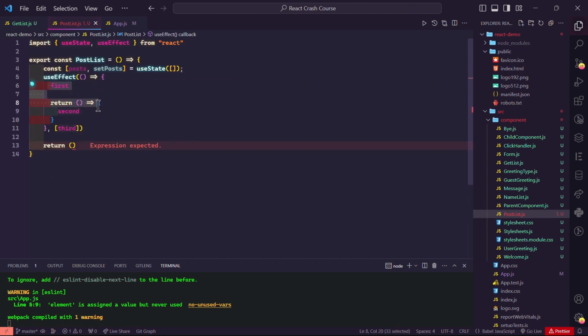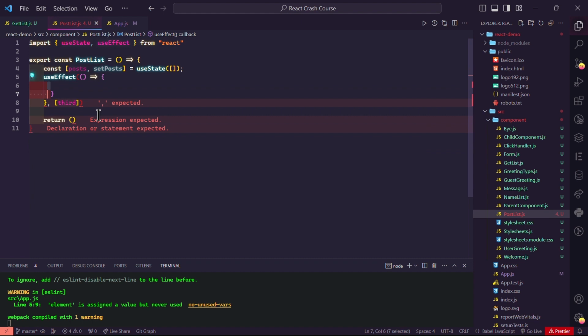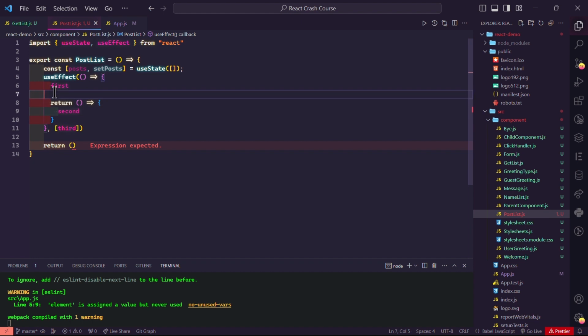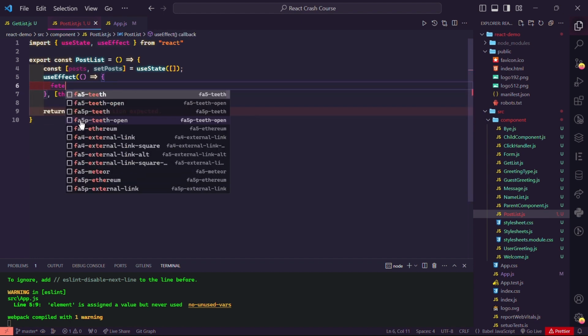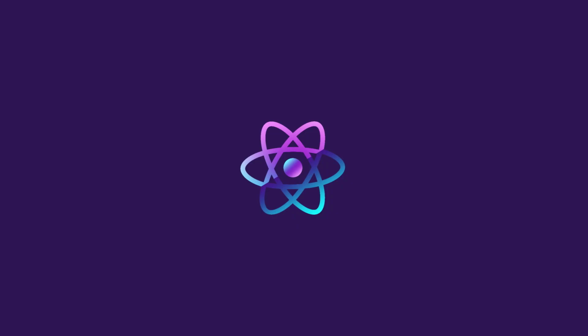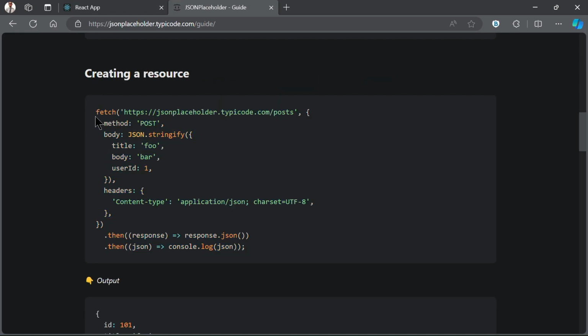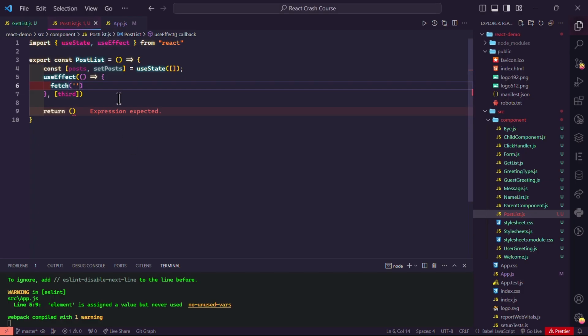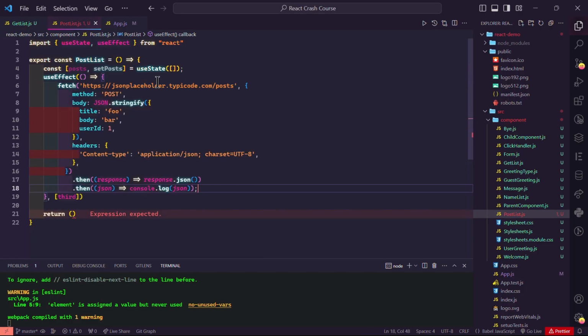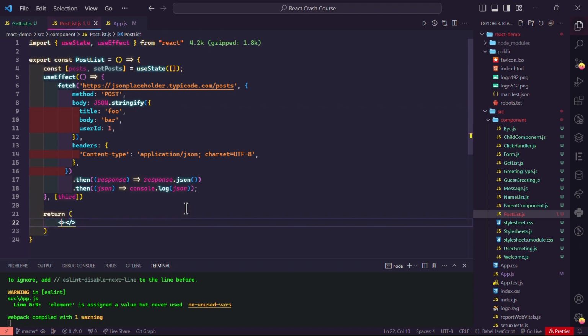Let's remove these, and you know what we are supposed to do? We want to write fetch, right? What's the URL? We did see that we have the whole code, so let's just copy this and paste it here. Now what you're seeing is they've hard coded these values. You can go about doing that, but what is recommended is you have input fields, like we had for the username, if you remember. For now, so that the error goes off,